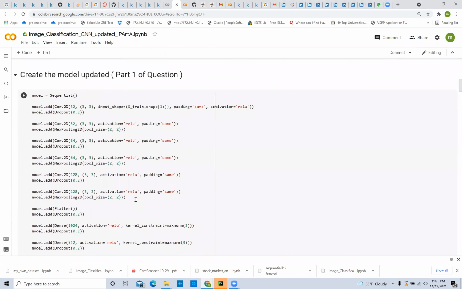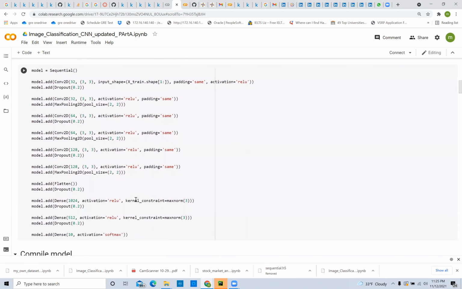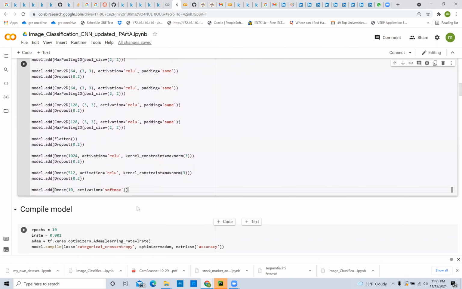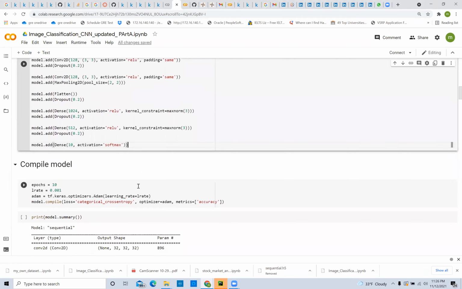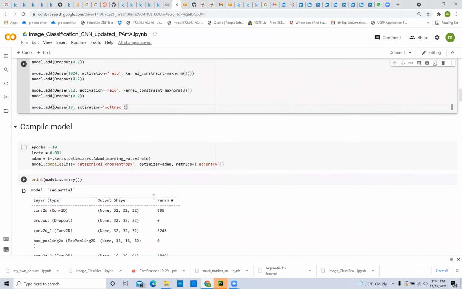If you go down, in this part we need to add some dropout layers and max pooling layers to our model, which was given by the professor. In the model we have the convolution 2D layer, then a dropout where 20% of the neurons will be dropped. At the end we flatten the layer, and the very last layer is a dense 10, a hyperparameter telling us there are 10 classes, with a softmax activation,